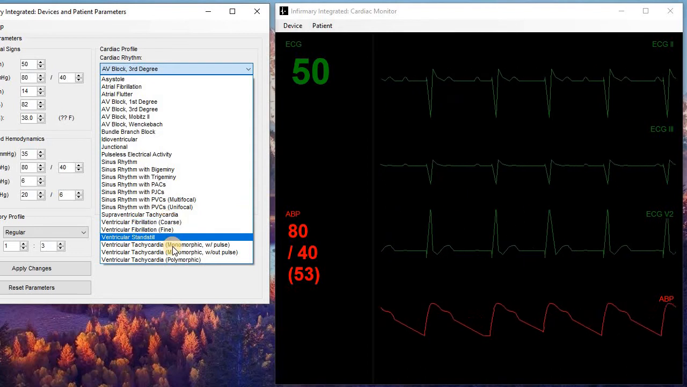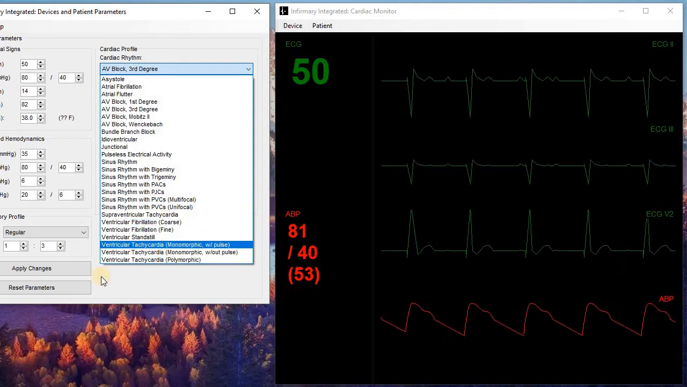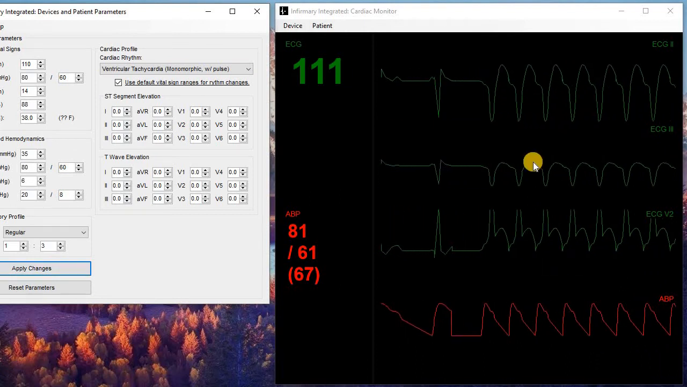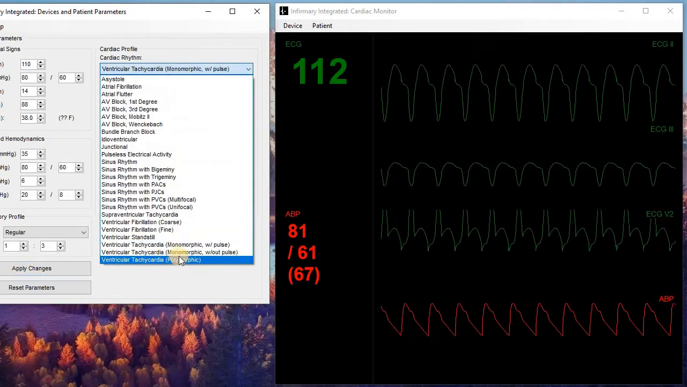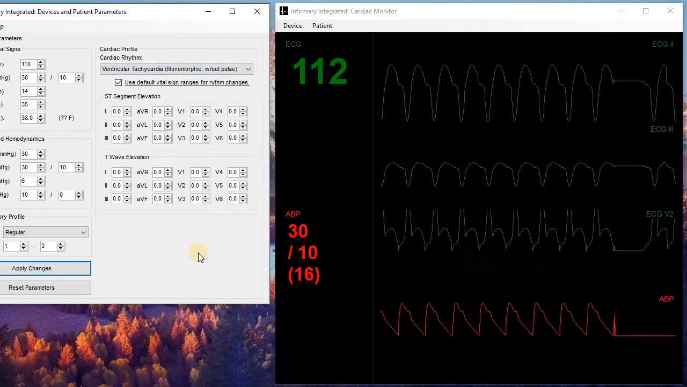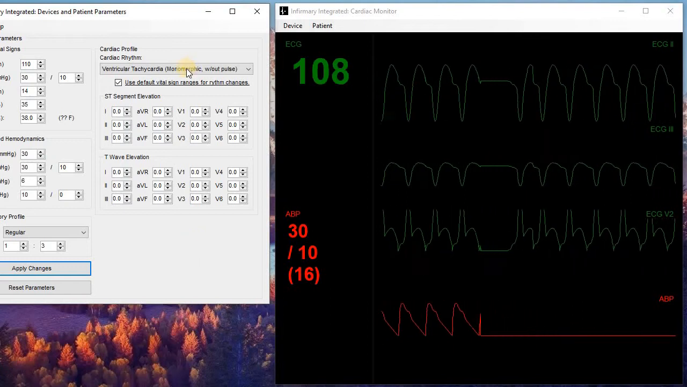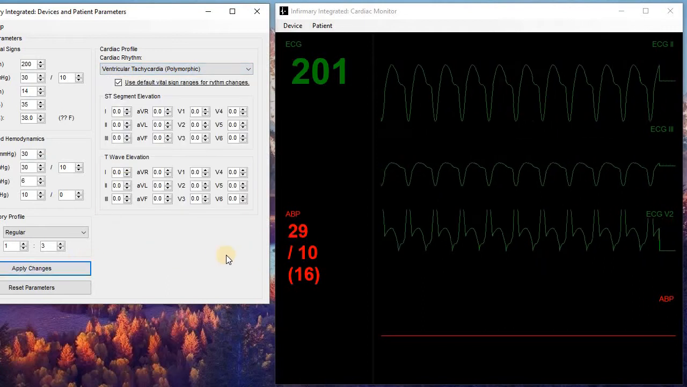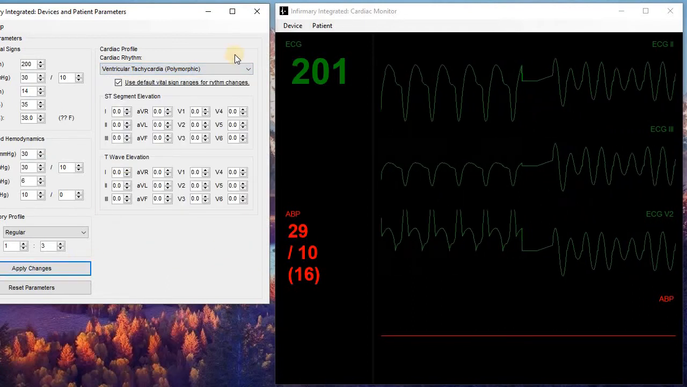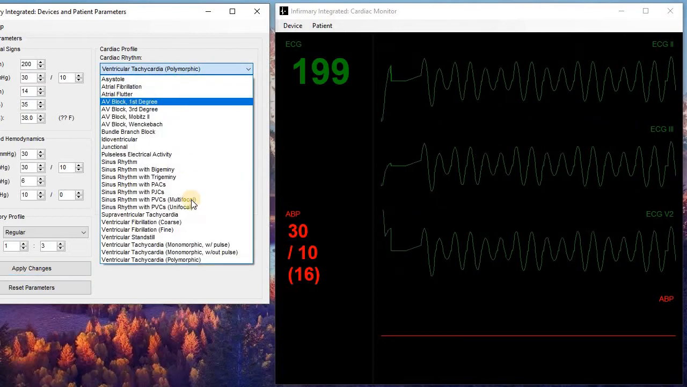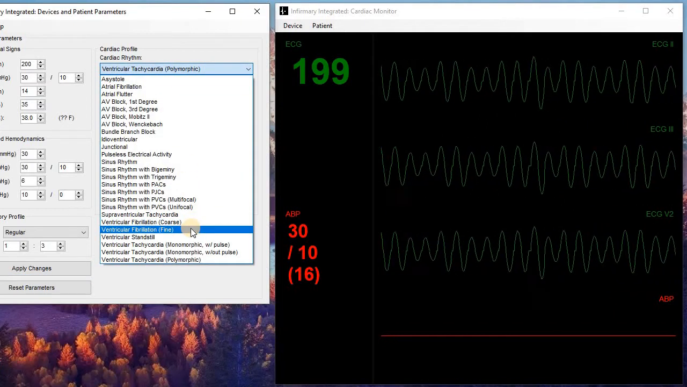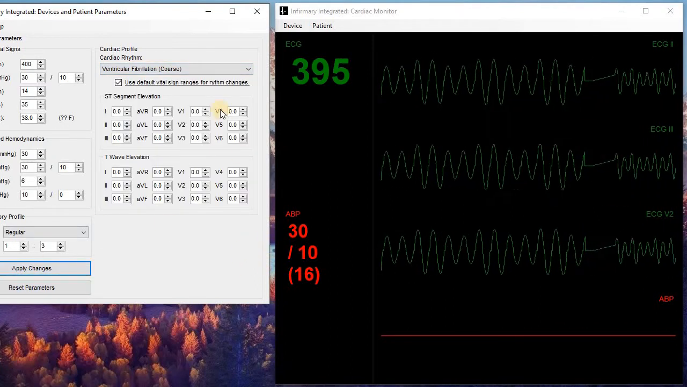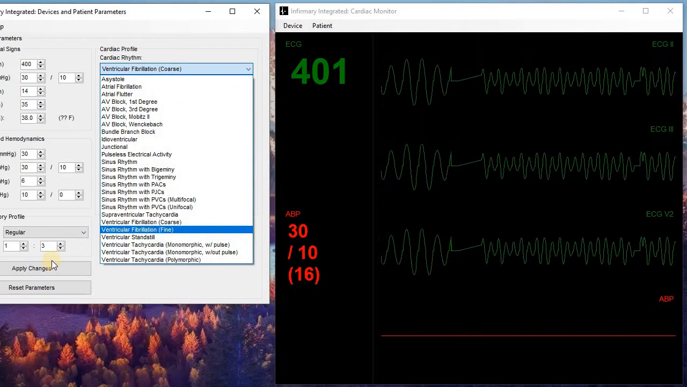We have lethal rhythms, or semi-lethal rhythms, such as VTAC with a pulse. As you can see, the arterial blood pressure is still pulsing in VTAC, or VTAC without a pulse, which obviously is lethal. And we have polymorphic VTAC, also have VFib, which is what this would progress into, coarse or fine VFib,